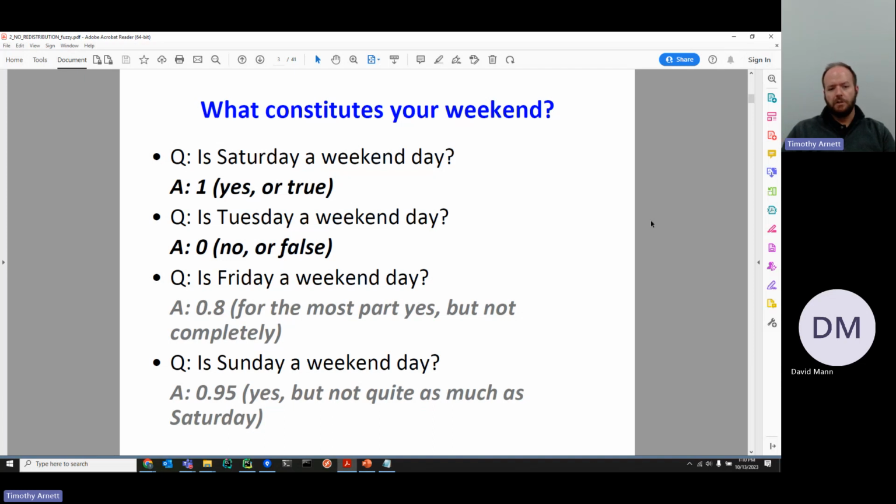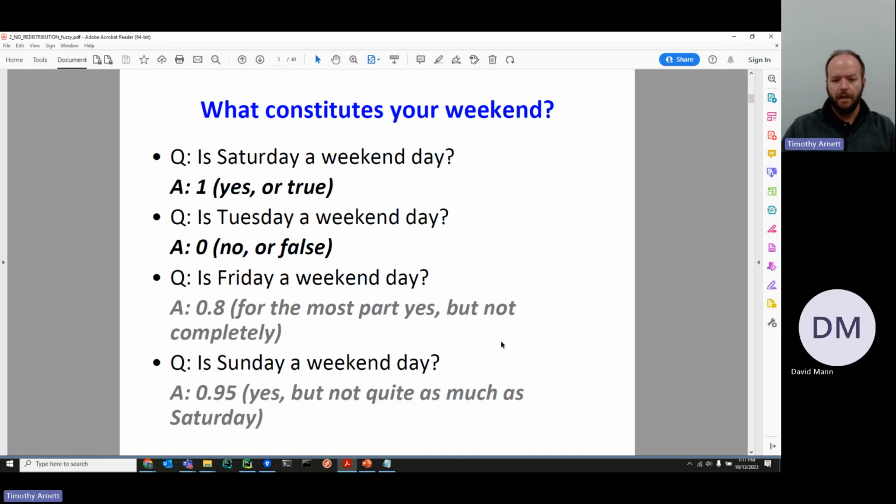And so just having 1 or 0 doesn't fully encapsulate the information about the characteristics of Friday that we want. That's really the benefit of having something like fuzzy: you can then classify Friday as something along that scale. So in this case, we're going to say it's 0.8 in the set of weekendness. We're saying for the most part, yes, but not completely. You still have to get up early in that morning. Typically, you're going to work if you have a typical Monday through Friday job. So not completely a weekend day, but also not only a weekday.